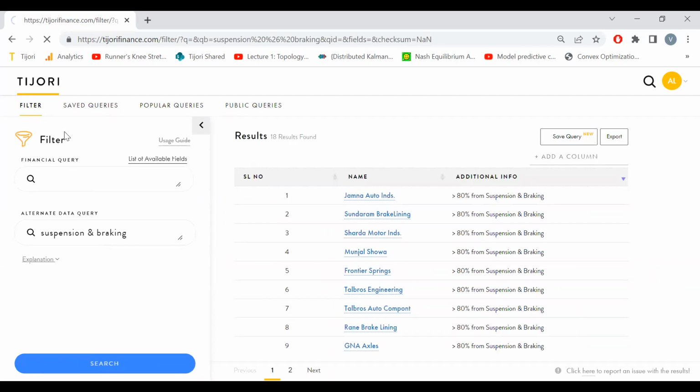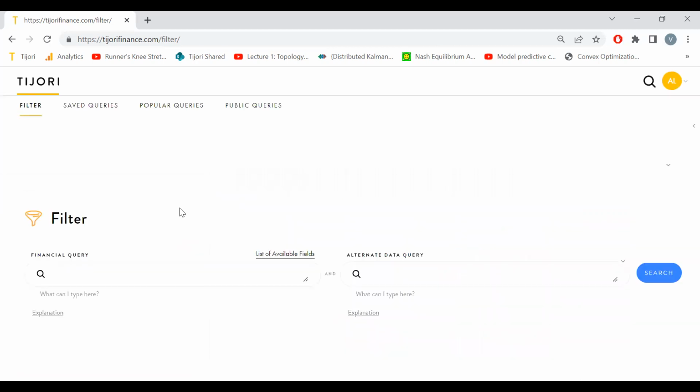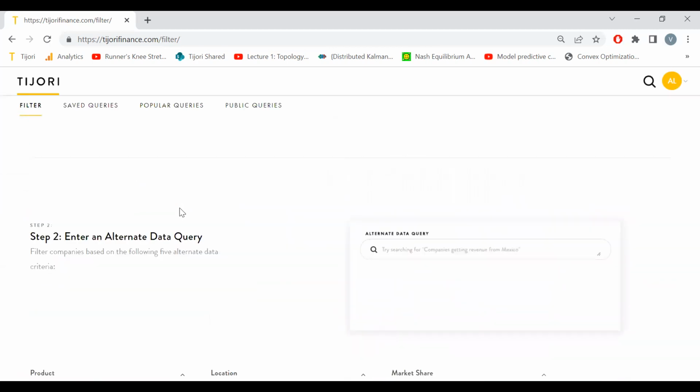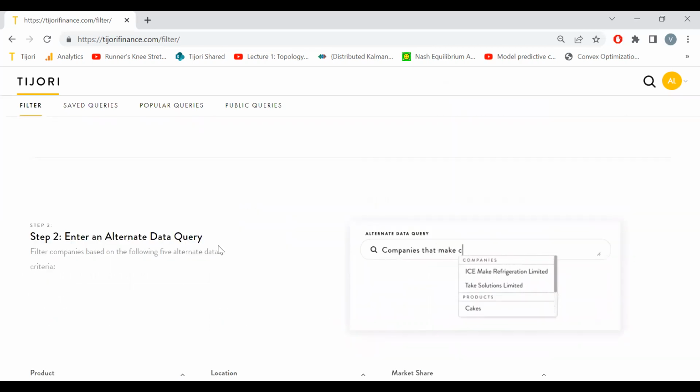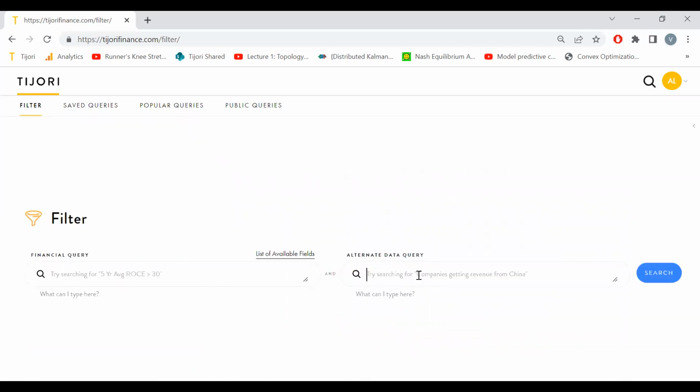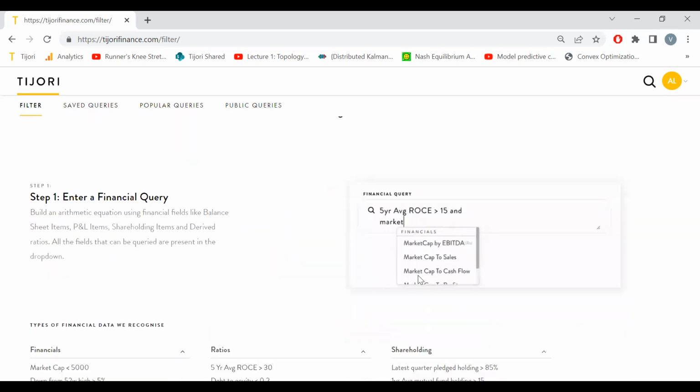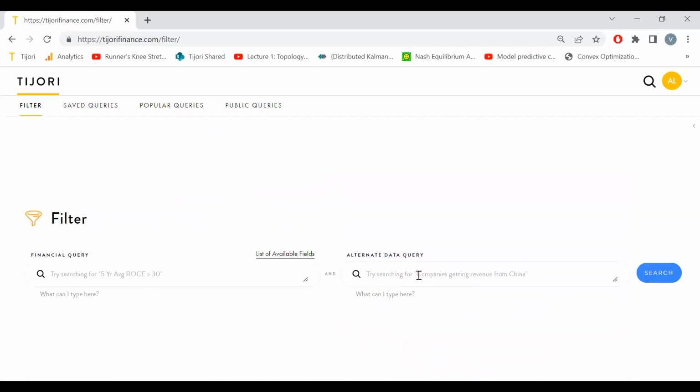You are asking for something else? No, this is what I wanted. I've lost track of what all products we're tracking till now. You can basically just type it there and figure out. This is very helpful. The reason I asked, because today I had a list of 120 auto companies and I wanted to highlight which auto companies make which kind of ancillary parts. So I think this is very helpful. It won't take me a lot of time and I will have the whole list ready. Yeah, for sure, that's how it can save you time.